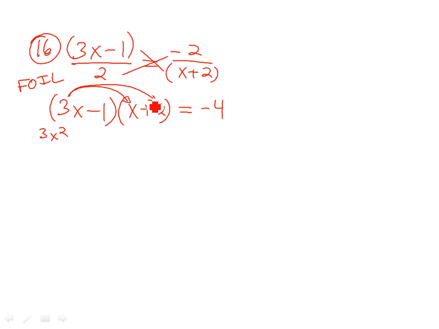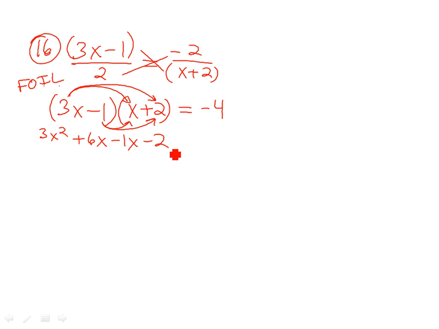Outer, outside. 3x times 2 is 6x, good. I stands for what? The inner. -1 times x is, and then L stands for the last term in each one. -1 times 2 is what? -2. Now I'm not going to put the equals -4 yet, because a little trick here to make this a